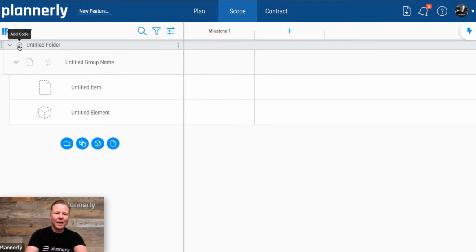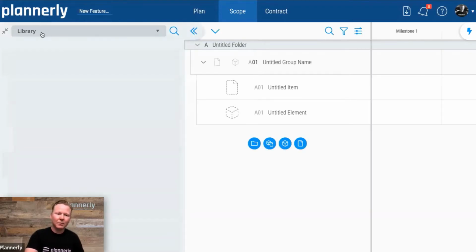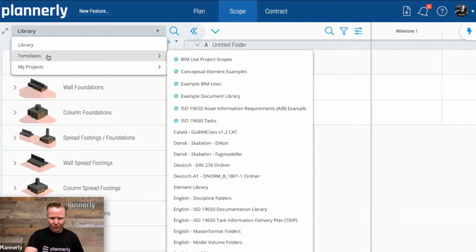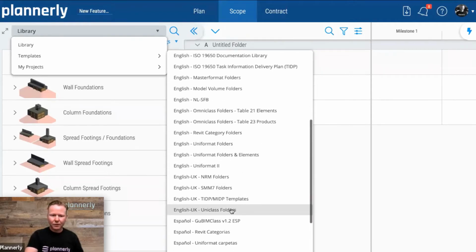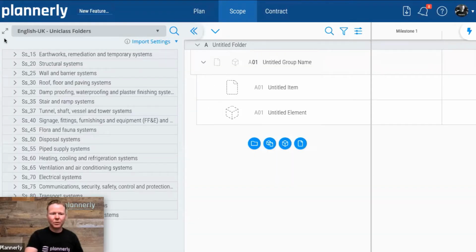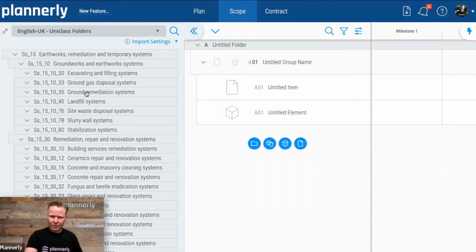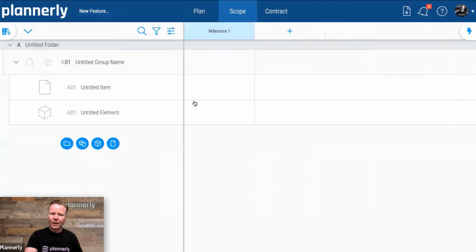Also being able to edit the codes as well, classification codes in line, and add them in line. So if we were to add, for example, an A at this top level, you can see it cascade down, and an O1 at this level and see it cascade down. So we can start to really quickly manage that classification structure. Obviously, we might be using a classification structure from out-of-the-box libraries, whether that's OmniClass or Uniclass or Uniformat. So if we've got Uniclass, for example, we would see all of those codes and everything would be built in for us.